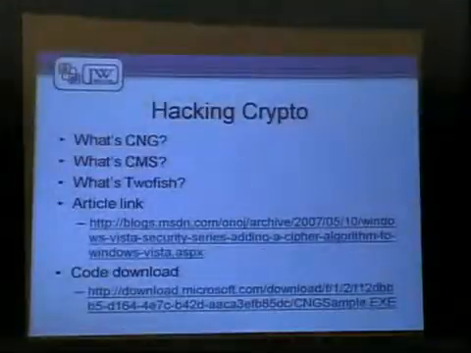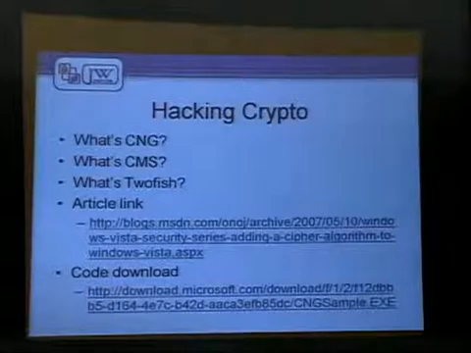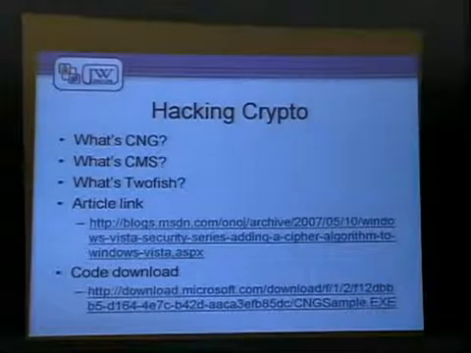OK, the next demo is hacking crypto. This is just a quick demo. And again, now we're back into the territory of the samples that I did for Microsoft, or that my company did for Microsoft. What I wanted to